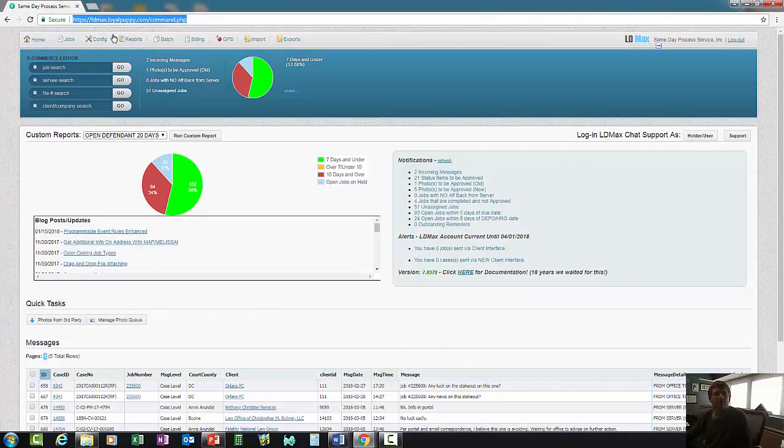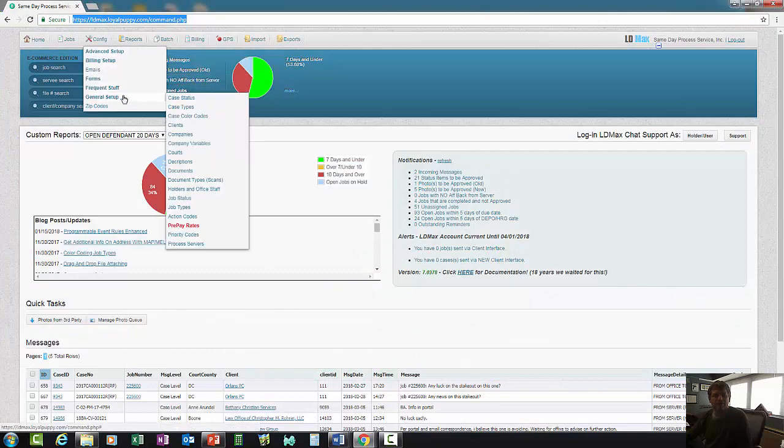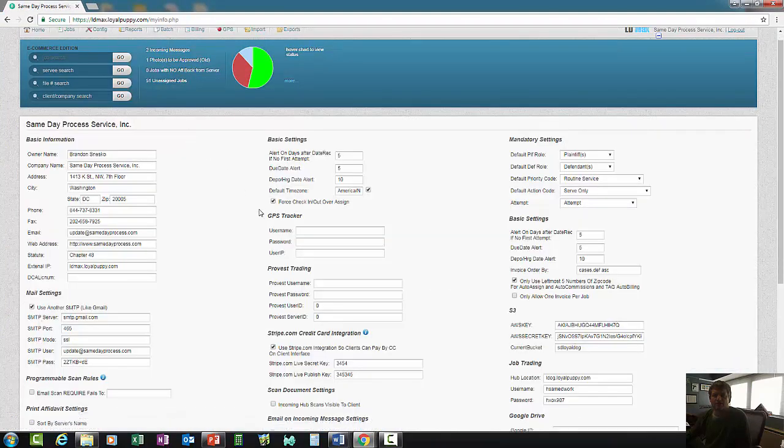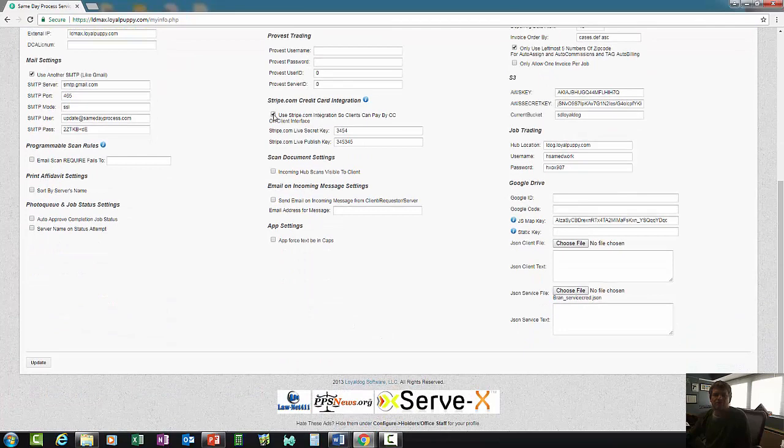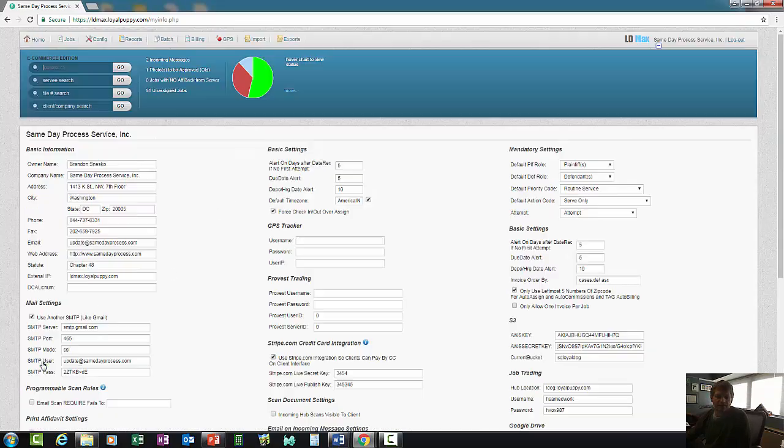After you get those, go into Configure, General Setup, and Company Variables, and check this box here for use Stripe.com integration, and then use the live key, the live secret key and the live publish key, and update your screen. Once we have that in, now what we're going to do is set up the pricing for the prepaying